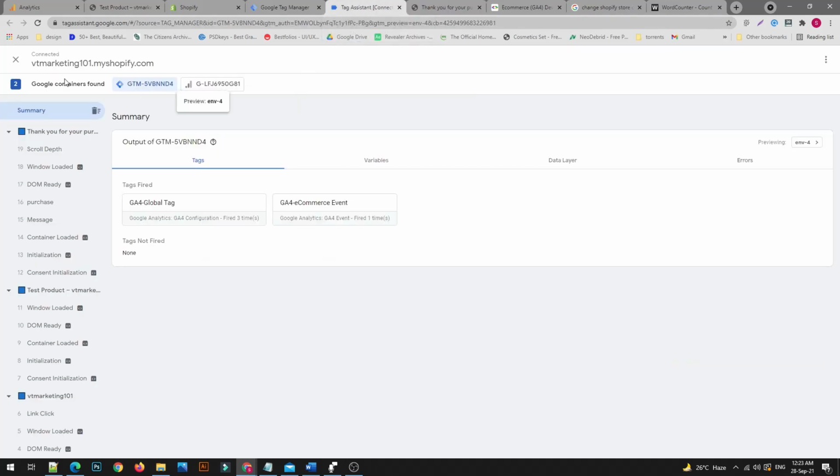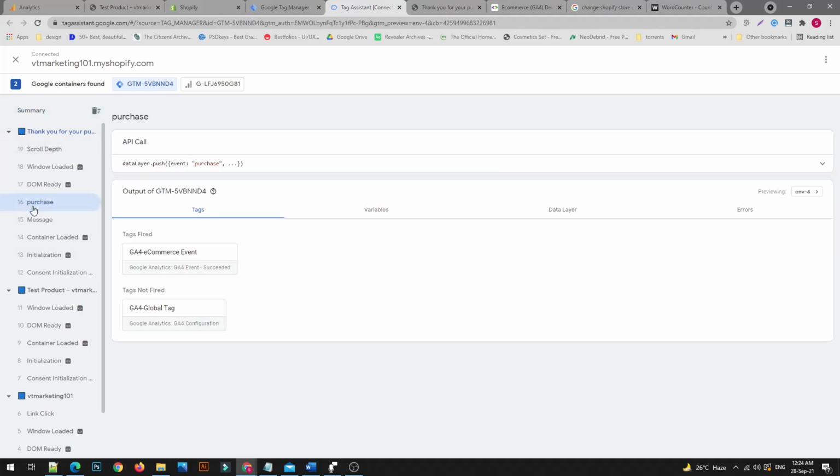Let's go back to our GTM and see if the tags have fired. Yeah, so the tags, as you can see, are working. They fired both the Google Analytics global tag as well as the event tag. Now if we check our purchase event, we can see here this event, purchase event. We click on it, and since this purchase event is associated with our e-commerce event tag,